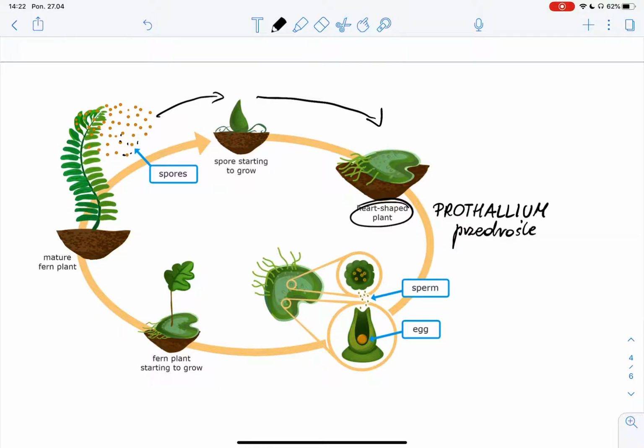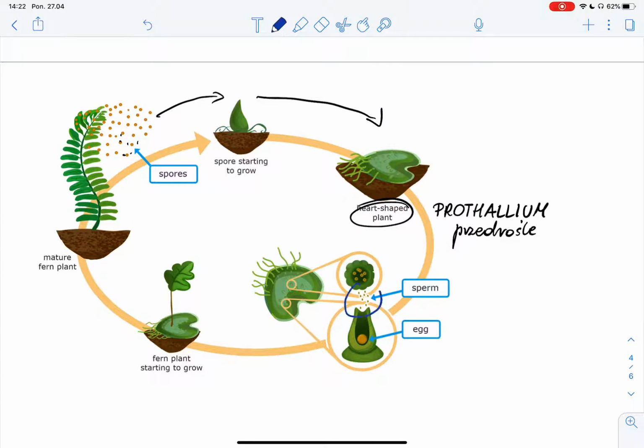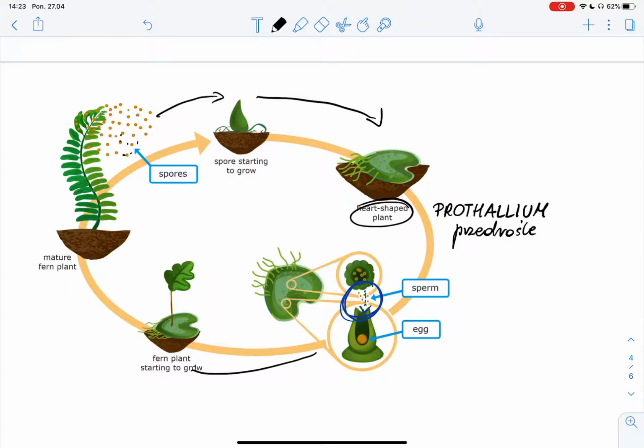And guys, protalium contains cells producing eggs and sperm. Sperm reaches eggs through a drop of water, just like in the case of mosses. So, a drop of water needs to be here in order to transport sperm from male cell to female cell. And new fern finally emerges from this protalium. Protalium dies at this point, and then the fern as an adult is ready to sprout and to thrive, and